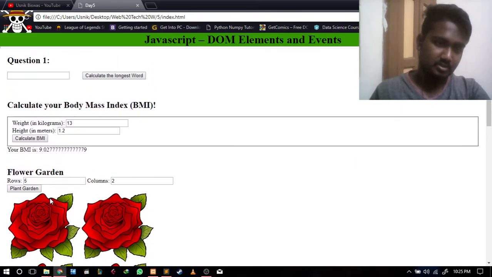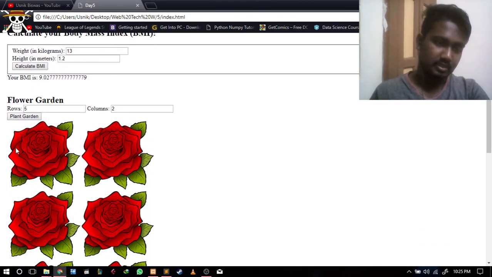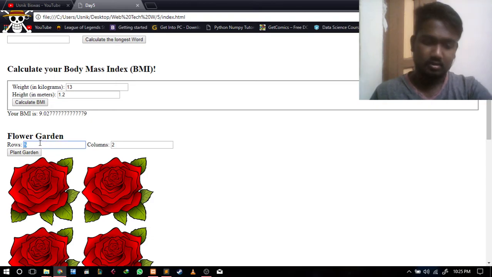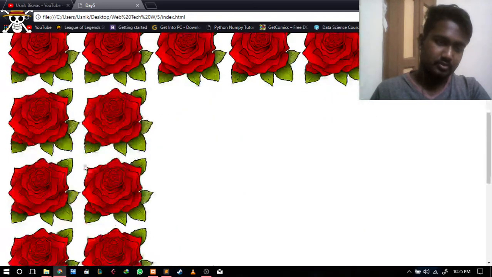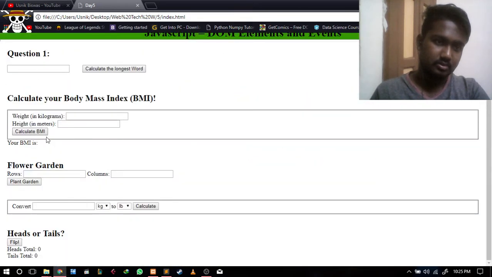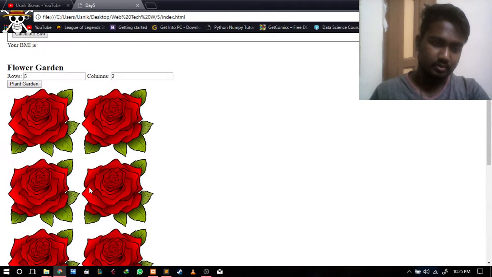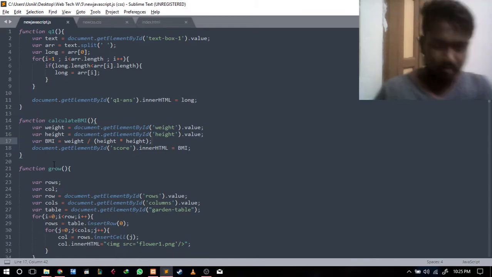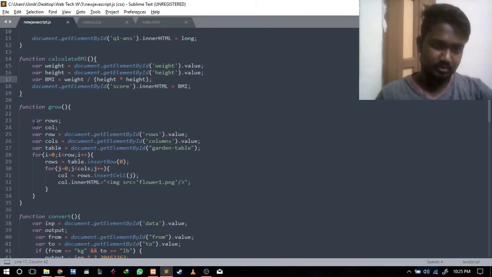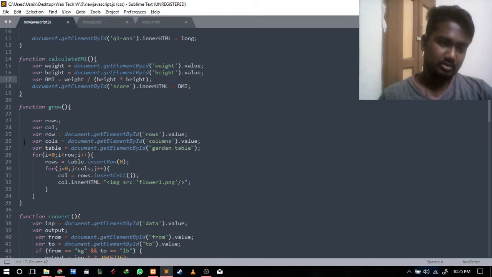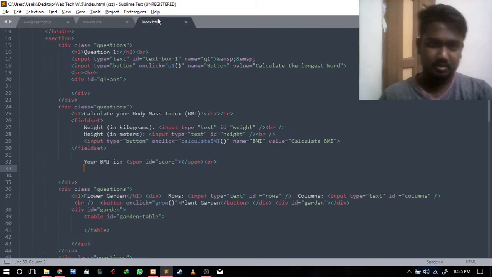This is what the number of rows and columns will give. That number of flowers will appear, whatever I do. For that the code is this one. I made rows and cols. I just declared them and got the rows value and cols value in here, and table. I have made a table here, garden table,